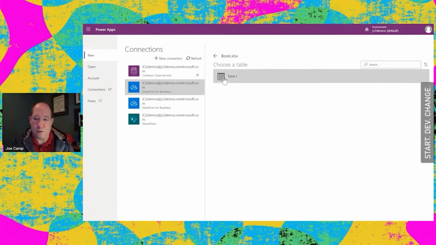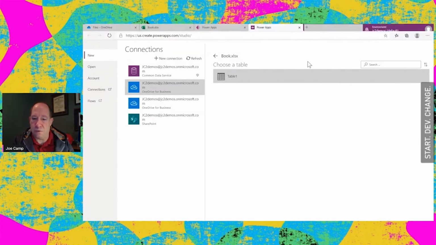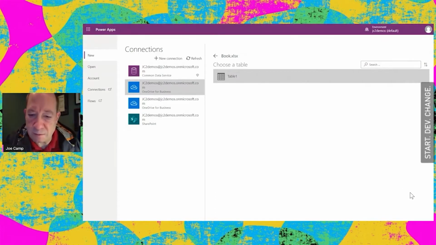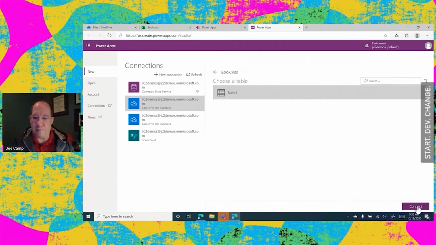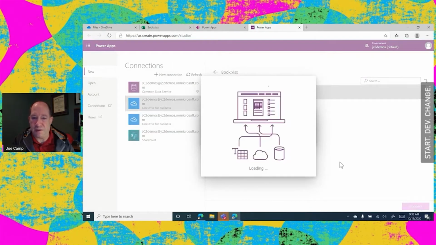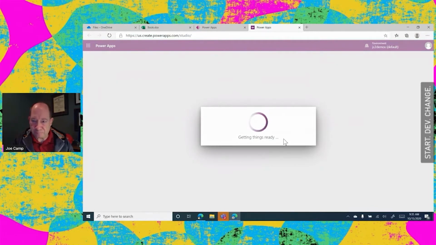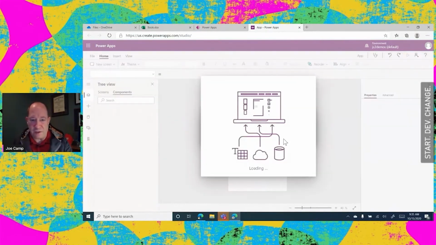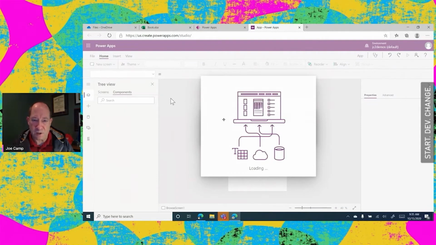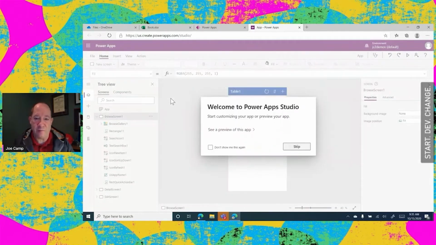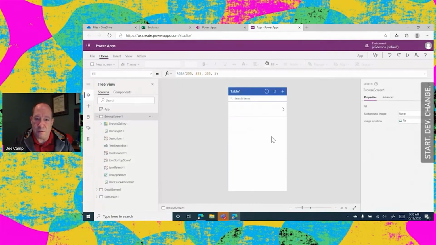That's the Table 1 that we want to work on. Let me change this here. Okay, so now we have a connect button down on the bottom, and we want to connect the data to Powerapps. So we're going to click connect. What's happening is Powerapps is pulling the data in from the data source, and auto-generating a Power App for us. And we're going to then take that information and we are, oh dear,